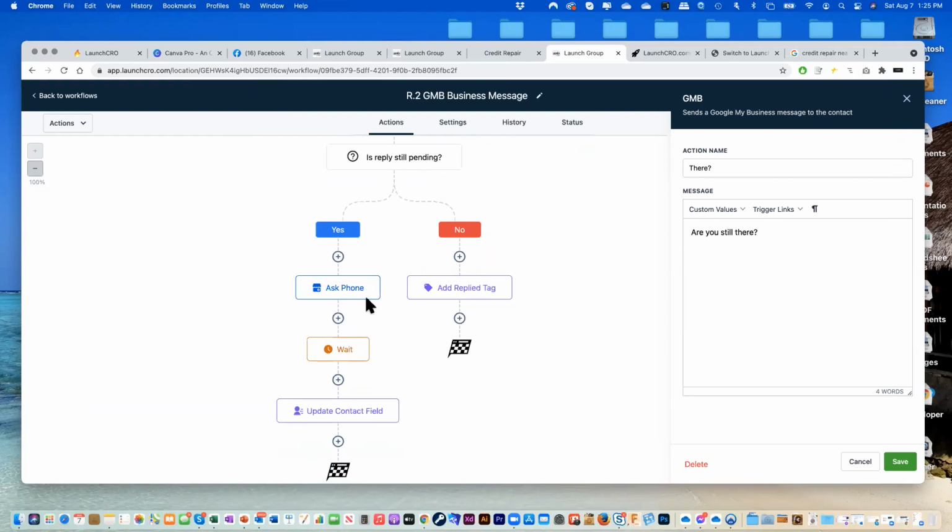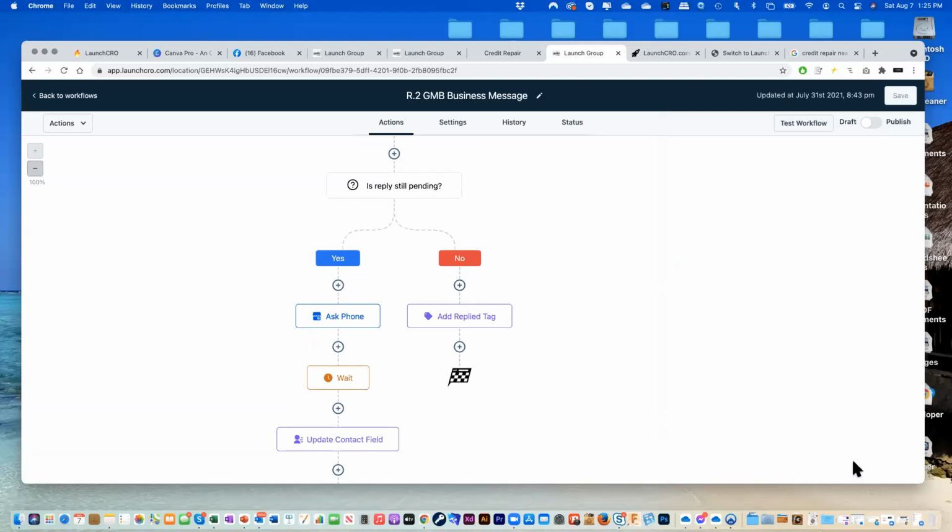And again, maybe ask them for a phone number. Say, hey, sorry, we've been a bit caught up at the moment, be right back. Can I please have your mobile number so I can text you once for free? Right. So it's going to try to ask for their contact information and then update their contact record in the system,